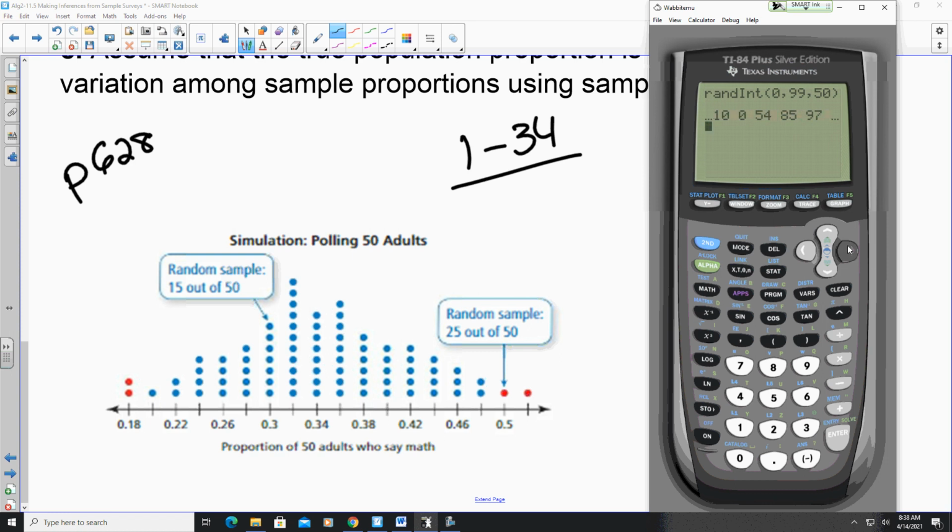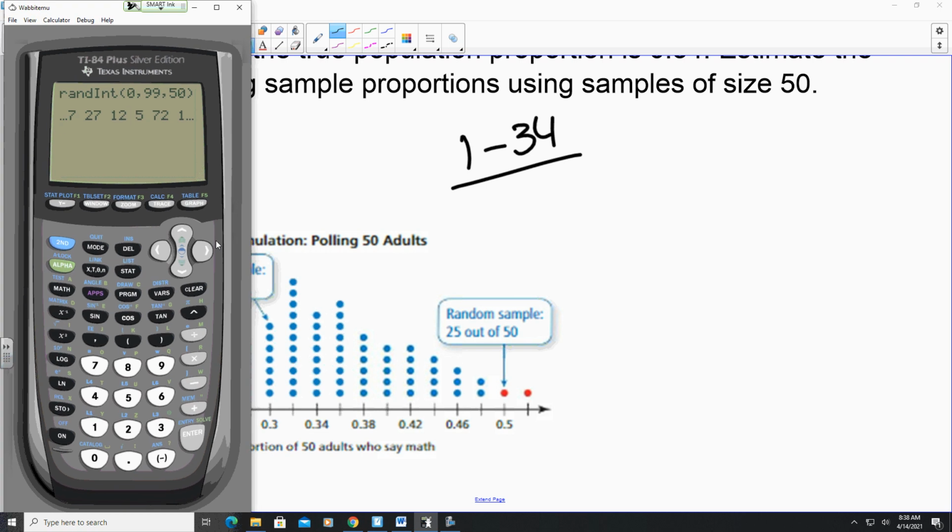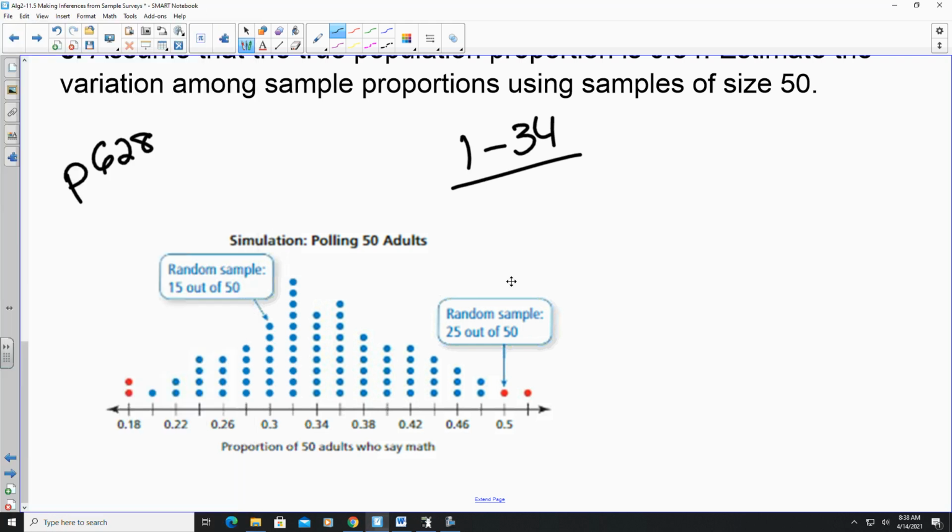54, no. So what you're going to do is go all the way and scroll through and make a list of which numbers came out of 1 through 34. And then you would put that in a spreadsheet or something like that. And then that's where they made these polls from. So now